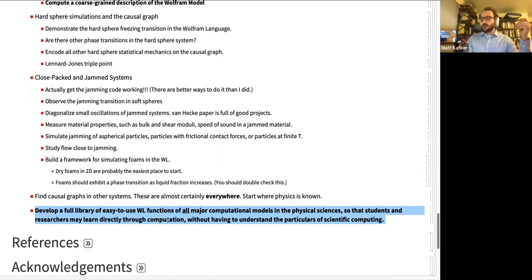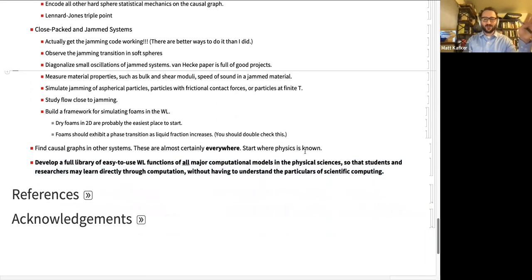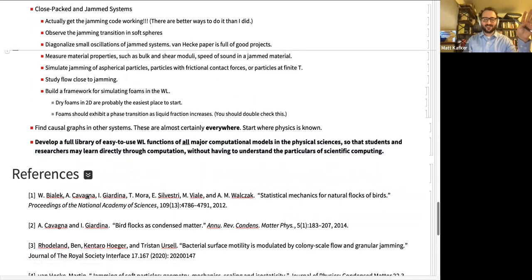Okay, I promise I'm shutting up. Yeah, and I've heard about NetLogo as well. Yeah, so I think that this mission would be a cool one to see if it's actualized.